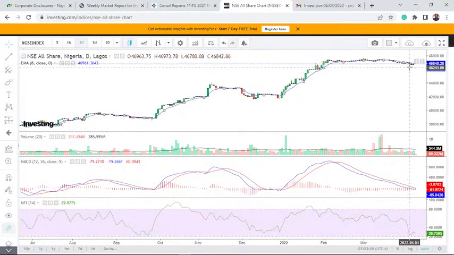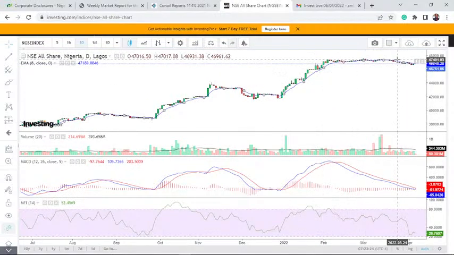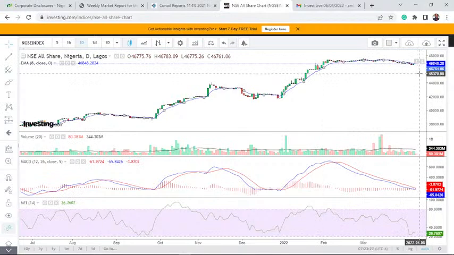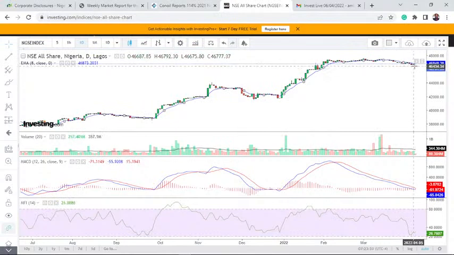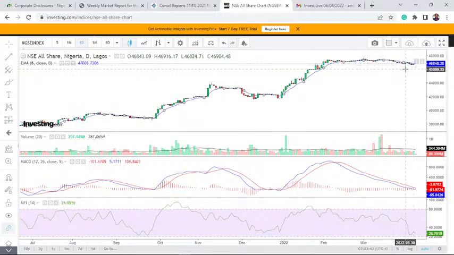If you look at your T line, which is the blue line here, I always bring it up for you to see. The market is still below the T line as we speak. Not too good, but the market is flat here, not down, but not looking up. You can see just a little green line here. The good thing is that it's clear the market is below the T line. That means we need to watch until it breaks out of the T line. That will confirm another uptrend. Now the market is still in the decline stage.